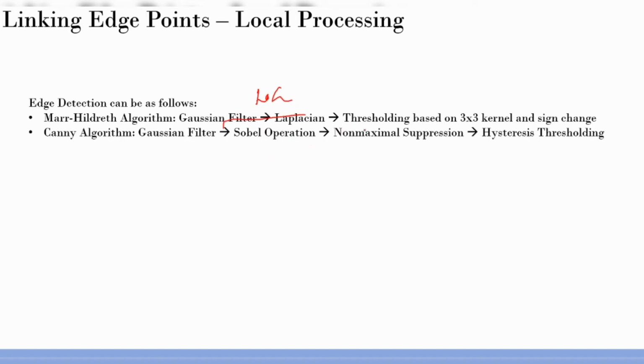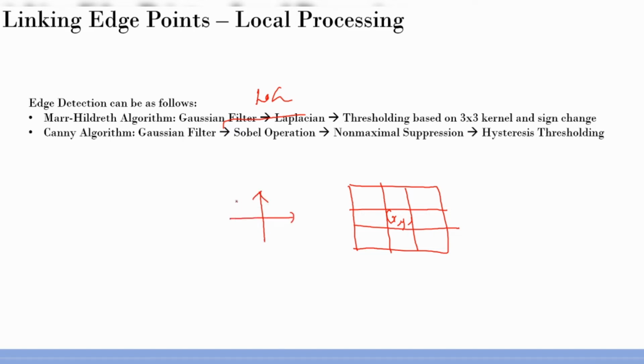Okay, so this together creates the Laplacian of Gaussian. And by the end of these two processes, what you essentially achieve is you have highlighted all possible edges in the image, and then of course you need to remove the unwanted edges, and that is achieved using the process of thresholding using a 3x3 kernel. So let's reiterate what is exactly happening. Let's assume the 3x3 kernel, and the pixel under consideration is, let's say, this xy. You need to consider all four directions: the horizontal, the vertical, and then of course the two diagonal directions.